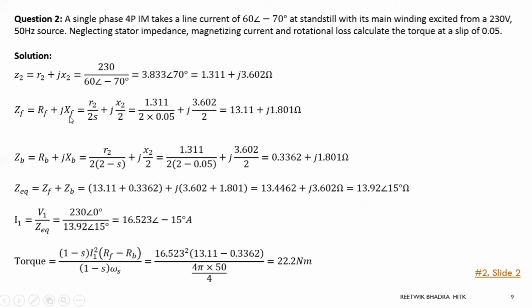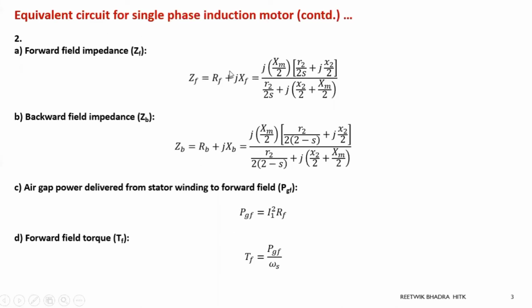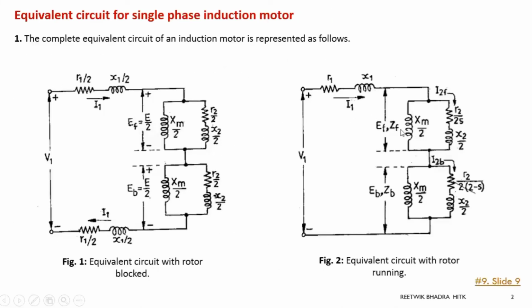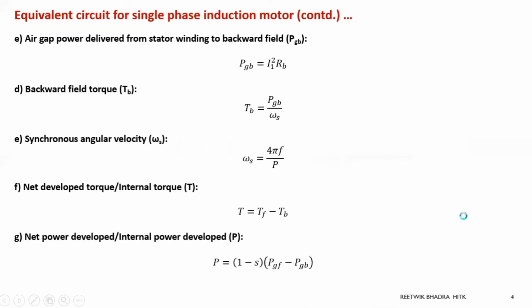Now over here, I have just used R2 by S plus JX2 by 2 because magnetizing current is neglected. You go to the main figure, magnetizing current neglected, so Xm by 2 is neglected, right? Only the part in the forward is remaining, R2 by 2S and X2, and in the backward is remaining R2 by 2 into 2 minus S and JX2. So that's why,